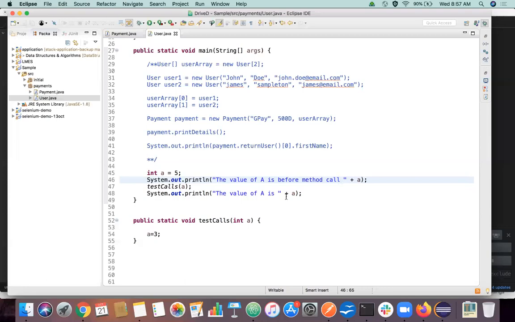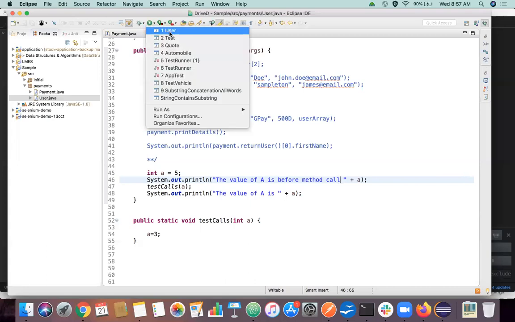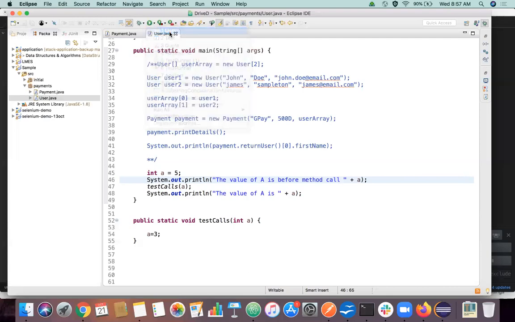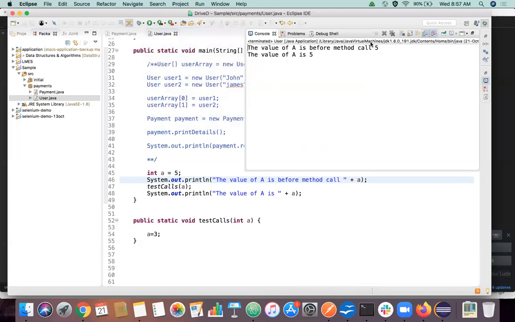So can anyone say what will be the output before and after? 5 and 3. Okay, let's try this. It's 5 and 5, right? It's not 5 and 3. So just think why it is 5 and 5.